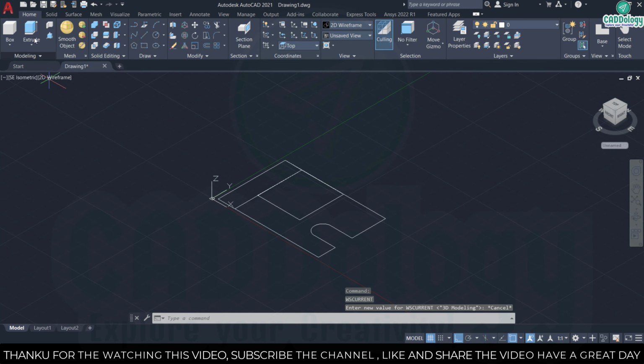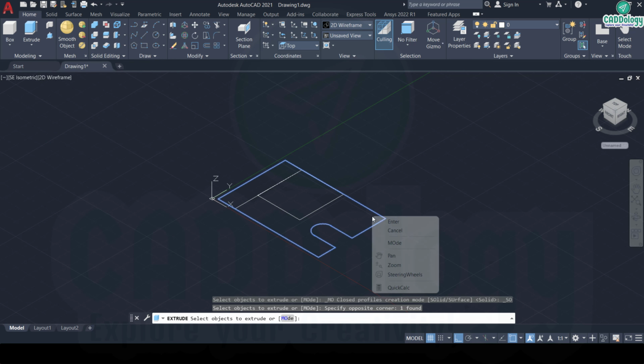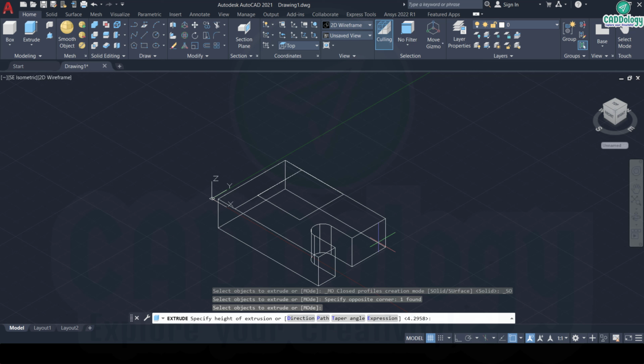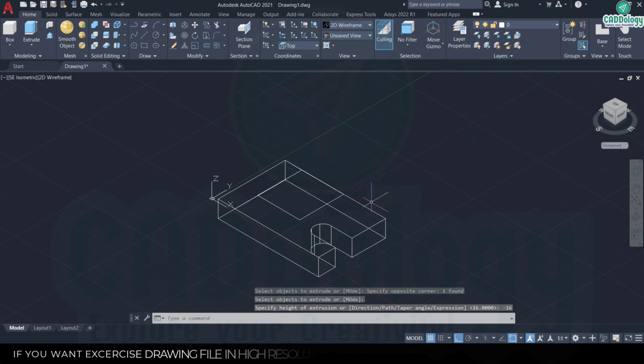And then extrude, select sketch, enter, minus 16. And another one,